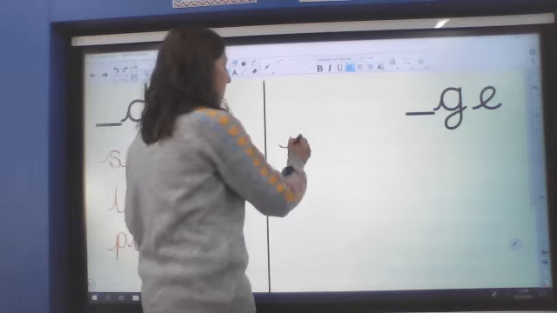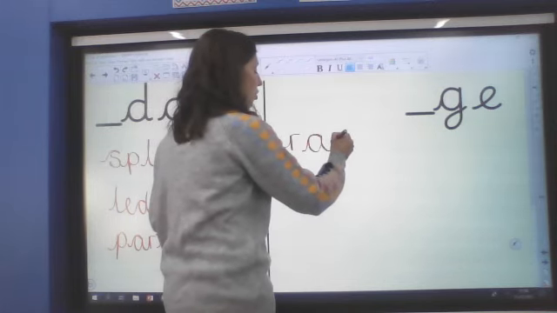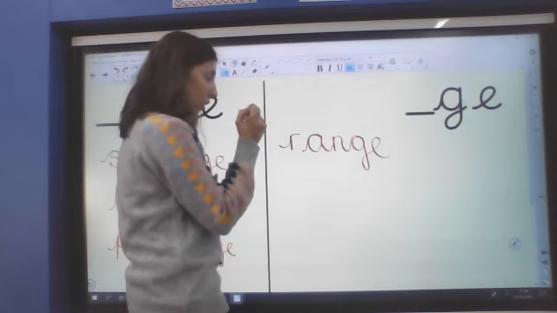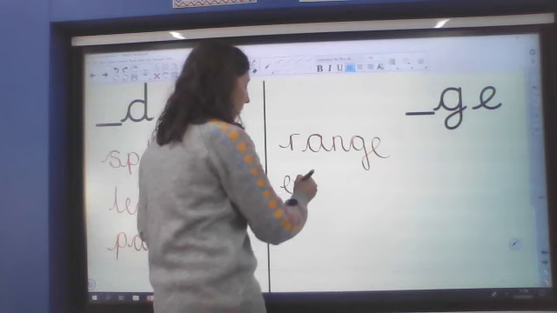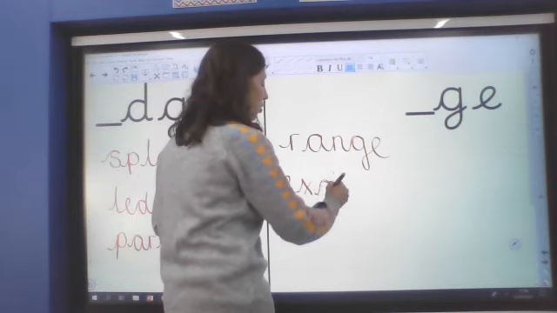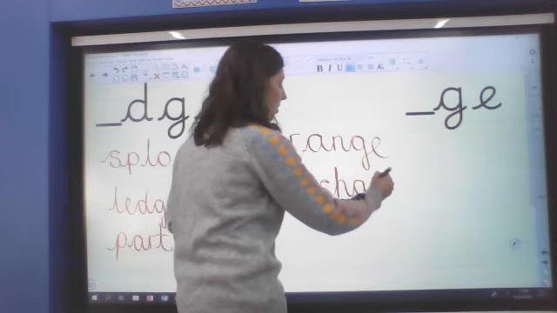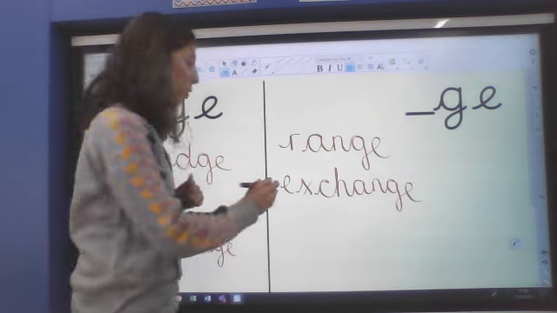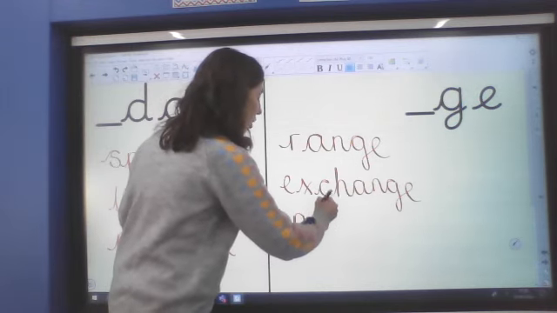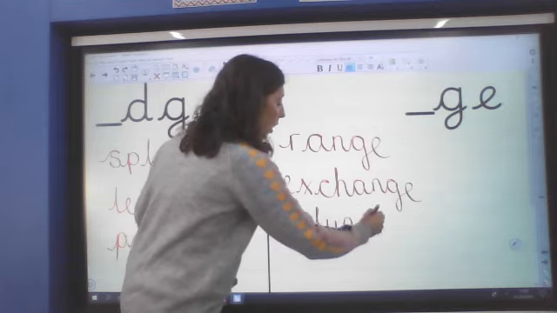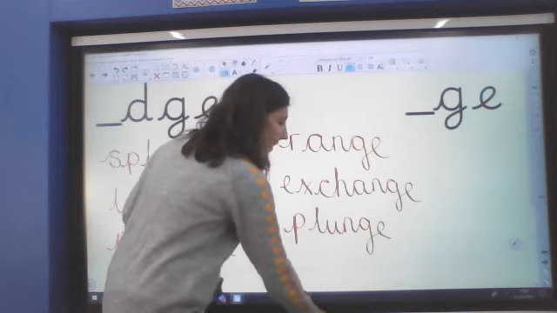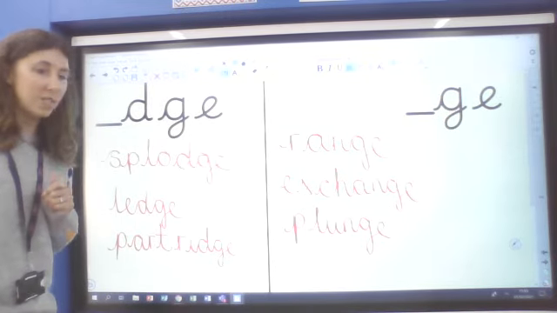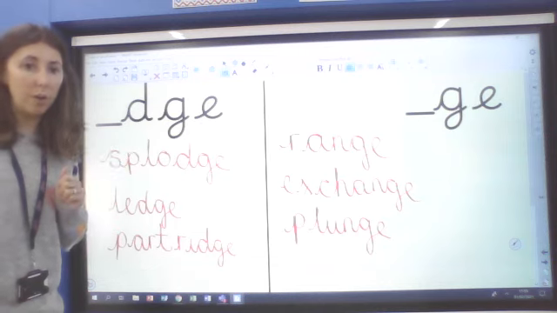So this side then, we should have had range. We needed the A to make the A sound. So range. Same for exchange. And then the last one on that side would have been plunge, because the O wasn't on its own, it needed a G and an E. Hopefully I will be seeing some photos of your boards to see how well you did at sorting our J